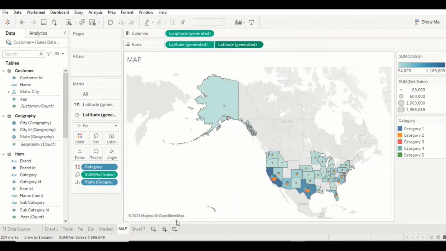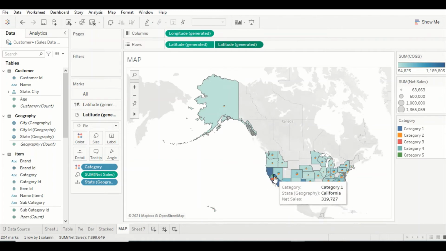The moment you make it dual axis, you would observe the change that has happened: you have the shading behind for the state, and there is a split also happening for the category. So what is happening here is that we have combined two things together. While combining these two things, you have to remember that the size is playing one role and the color is playing one role.